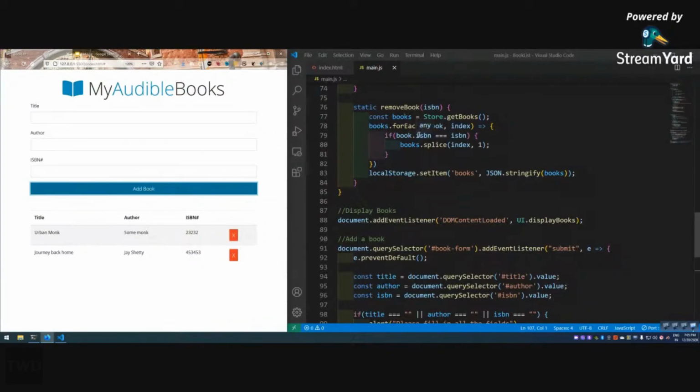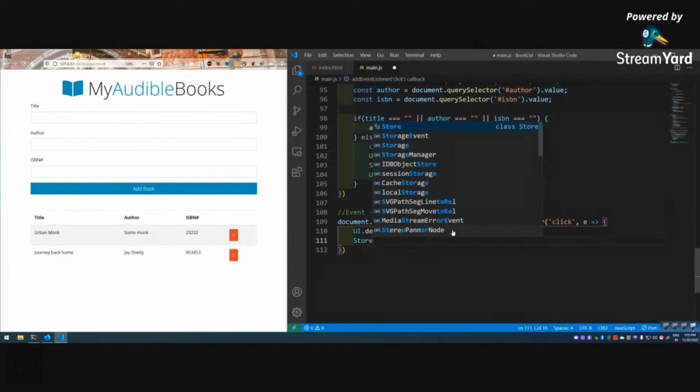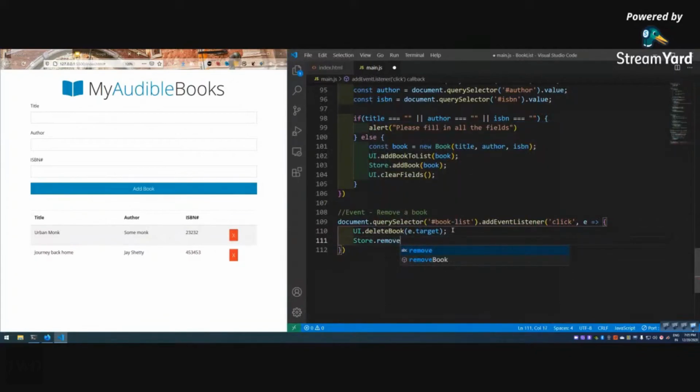So let us add the logic for when we remove a book. So this will remove it from our UI, but we want something to remove it from our store also. Store, we can think of it like a database, store dot removeBook. So you can use this as your local project a lot. You deploy it in some index.html, some site, and you can use it for yourself. So it will always have the correct data because the local storage is stored. Right? So store dot removeBook